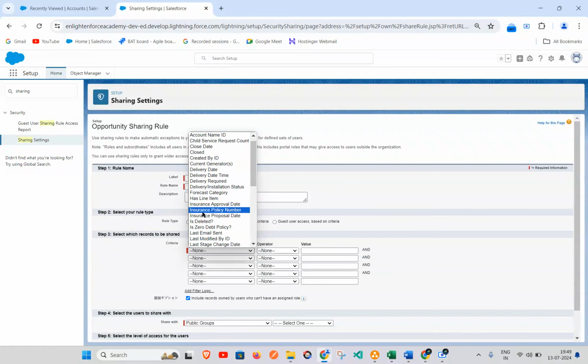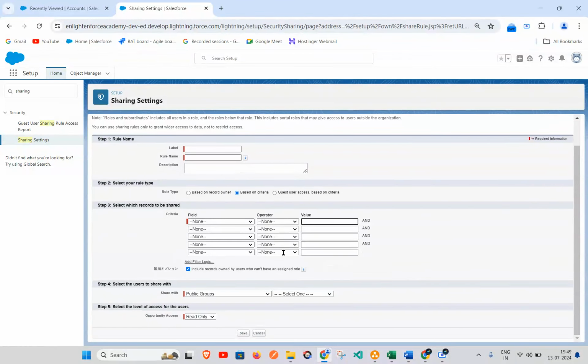I have to select where the record type is XYZ, or whatever criteria you want to add, and then share with whichever public group you want to share. You can select the name of the public group here, and then what level of access, read or read write, correct? That's the way you will write one sharing rule for your sales managers, and one other sharing rule for your